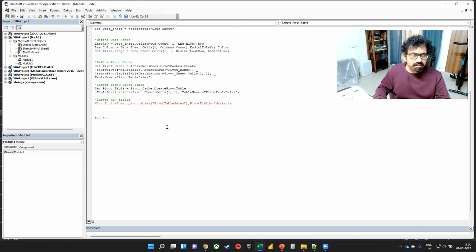And that gives me an error. Let me check that. So with my active sheet dot pivot tables, that seems to give me an error as well. Okay. So with my active sheet pivot tables, we are selecting market, and I'm also going to select the